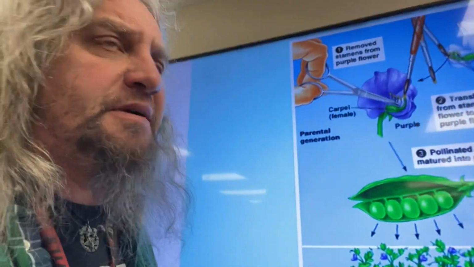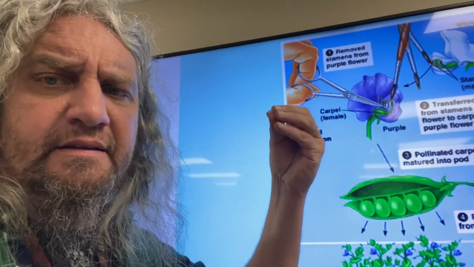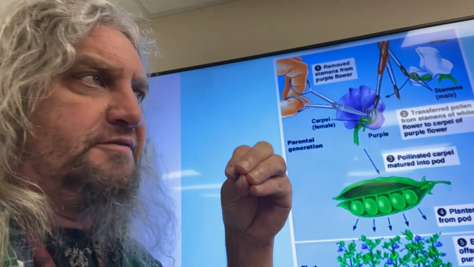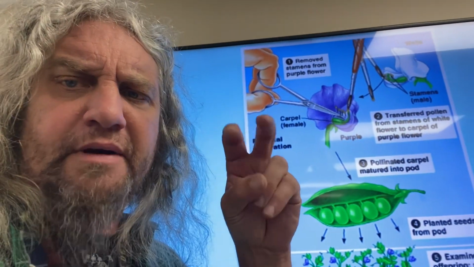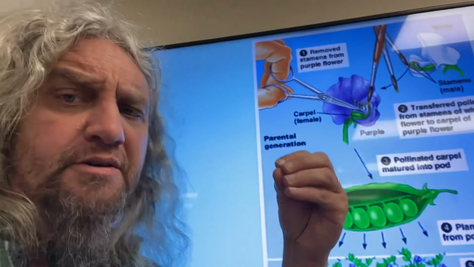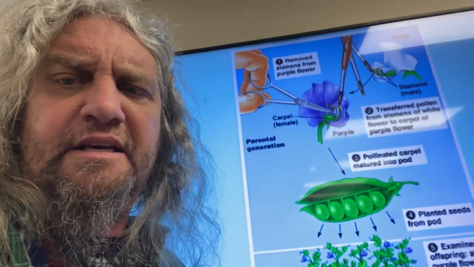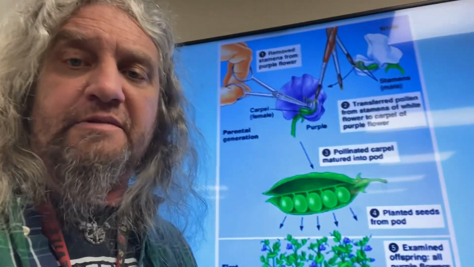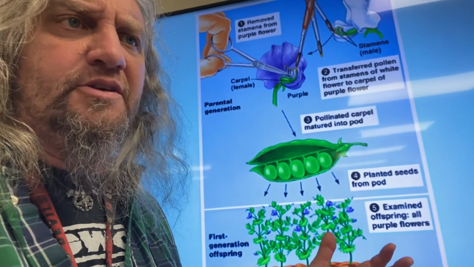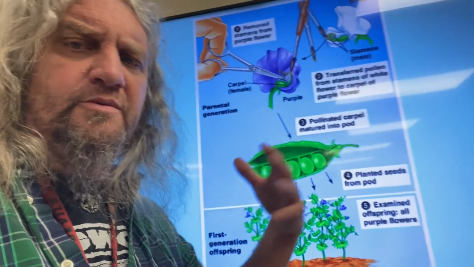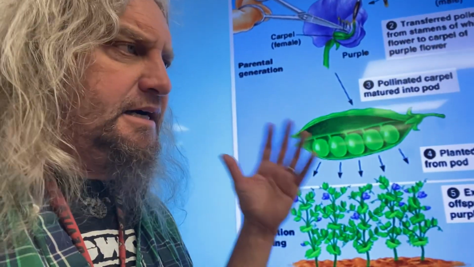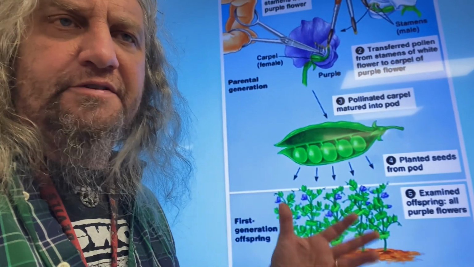He was fairly lucky that he used pea plants because pea plants are what we call self-pollinating. Their flowers are closed usually, and so they usually pollinate themselves. So it's easy to get what he called purebred strains of pea plants. And then he was able to open up the flowers and cut out the reproductive parts so he could control who was the parents of the next generation. So kind of lucky to use pea plants versus some other plants where wind or insects might pollinate. He planted hundreds of thousands of pea plants over 30 years or so,